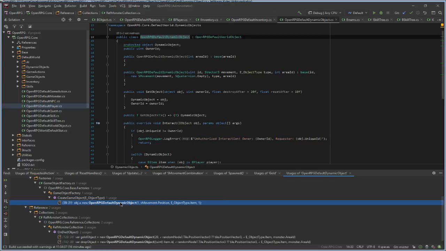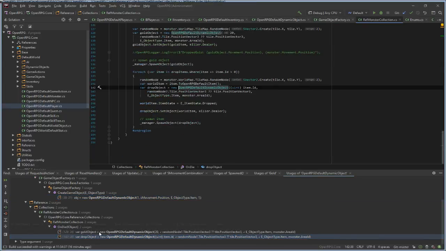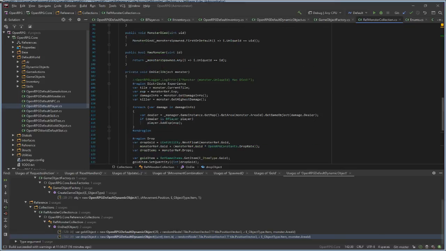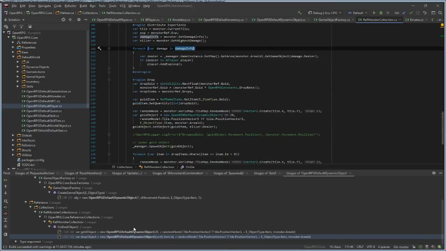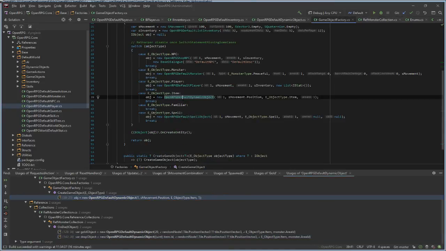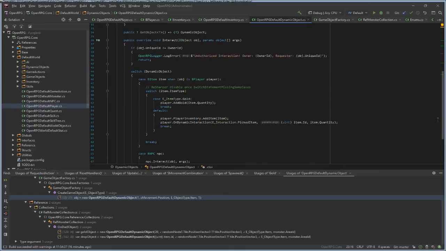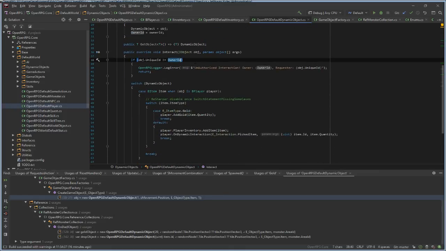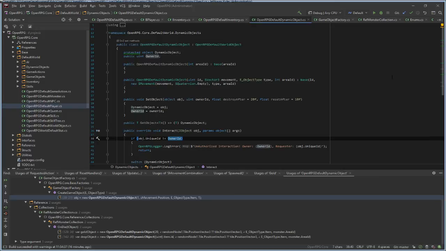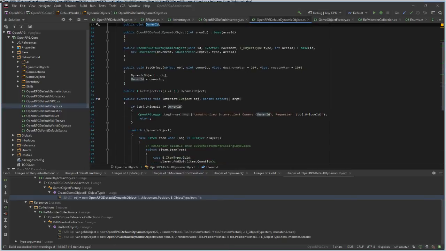Yes, drop item. This is the monster death. Also, we have something I forgot to talk about. See this owner ID? It's basically like if I own this dynamic object, I can click it and interact with it.